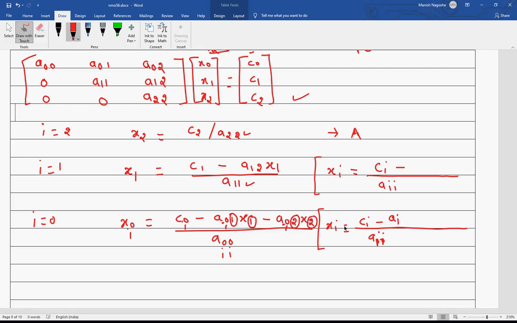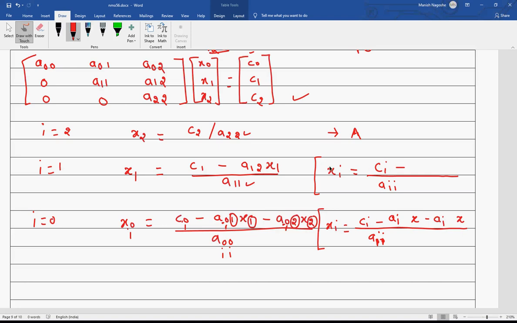I just leave that as it is, and then I write x, and again one more suffix is there, that I also leave, minus ai, one more suffix is there, that I leave, x, and one more suffix that I leave.